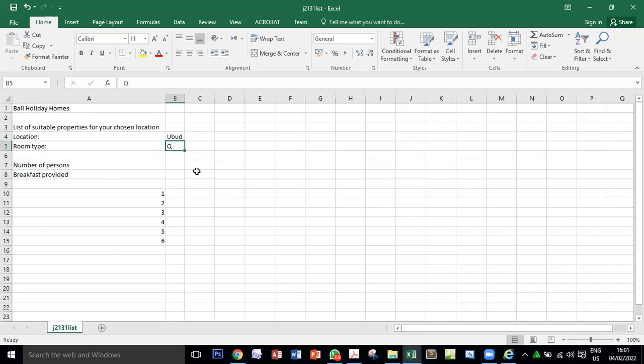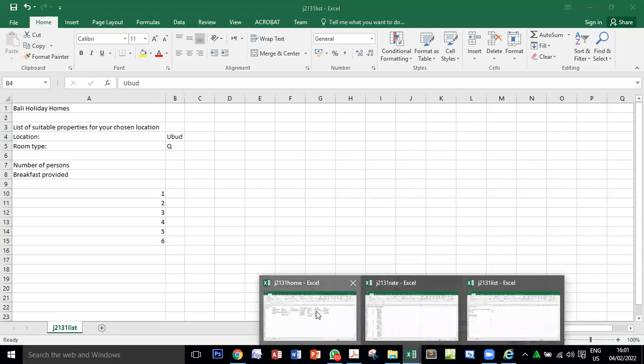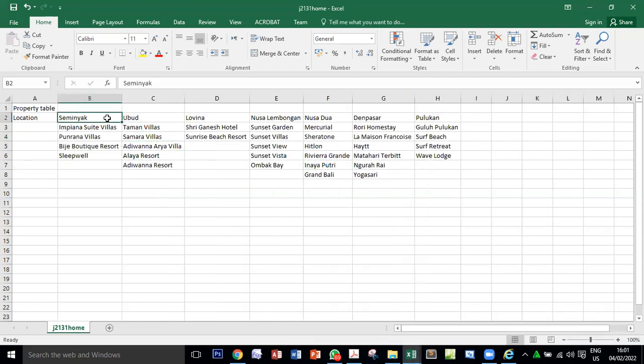The exam did not say yet, but I'm curious that UBUD will make a match with here. Yes, this will be my lookup value,